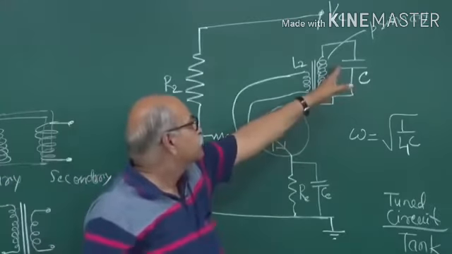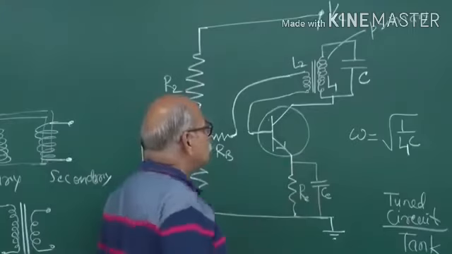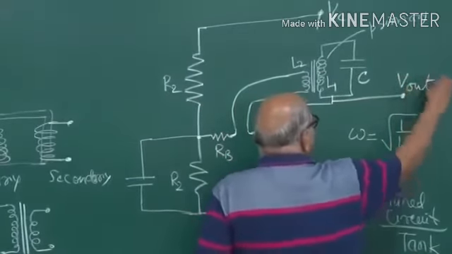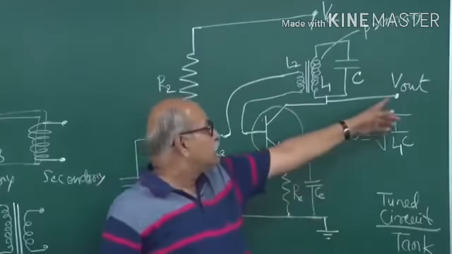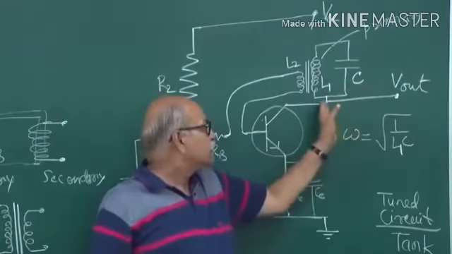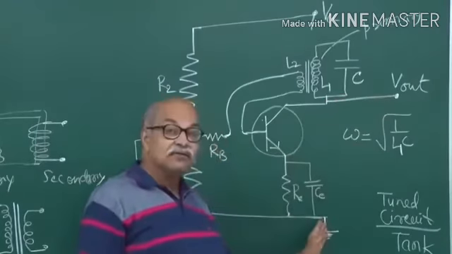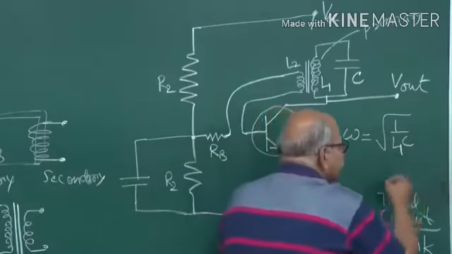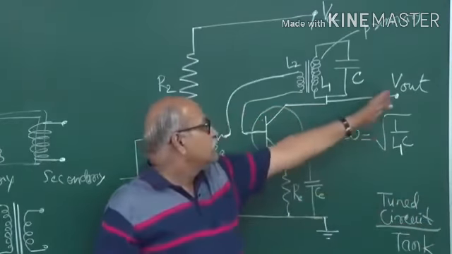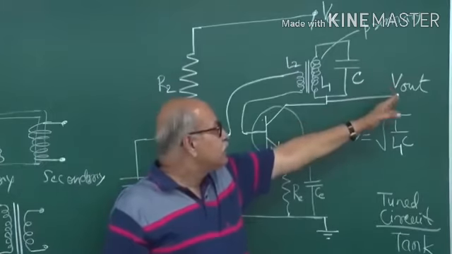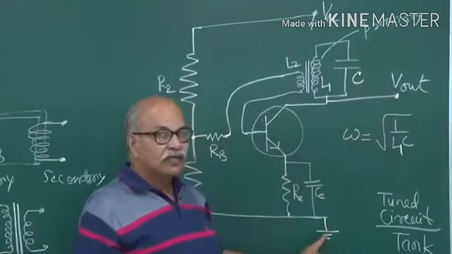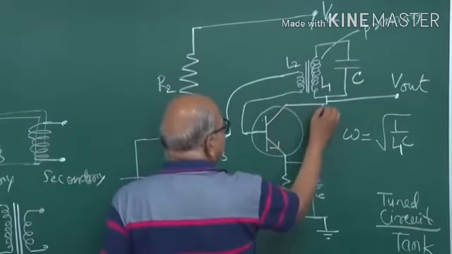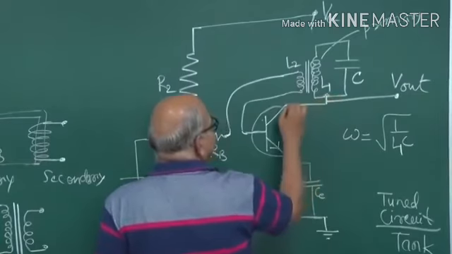So if you look at this, you can use your output from here, V out. And when I write V out here, that means the voltage is taken from here with reference to the ground. I could have put a line here and said that here is the output, but writing V out itself means that this is with reference to this ground line. Okay. So the amplifier is putting its contribution here.